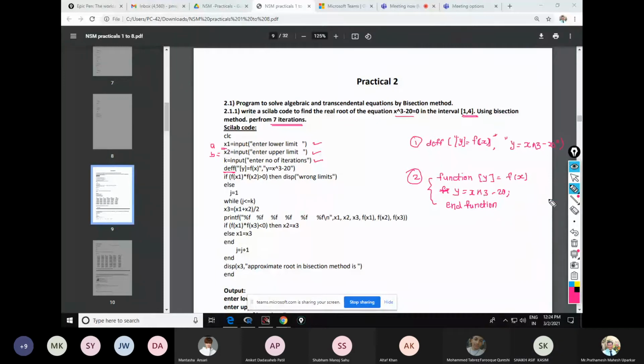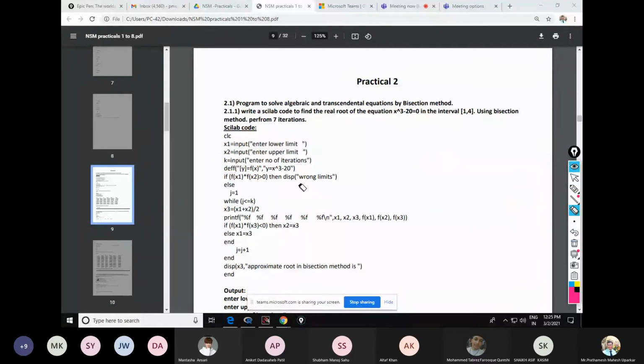Yes, sir. Okay, so this is the shorthand method. DEFF is a shorthand method to define the function. So ये वाइवा में आ सकता है. How will you define the function using DEFF? So syntax क्या है? Output variable, function name and parameter is equal to, और y का सिर्फ वैल्यू लिख के दे दो। तो एक लाइन में आपका ये जो 3 लाइन का कोड है वो एक्सप्रेस हो जाएगा।